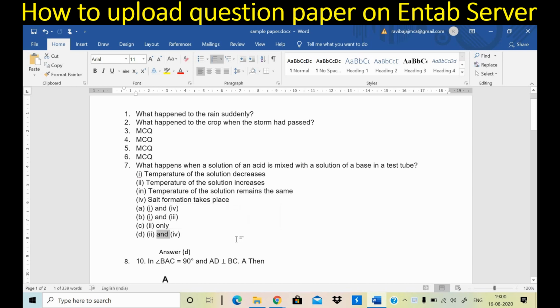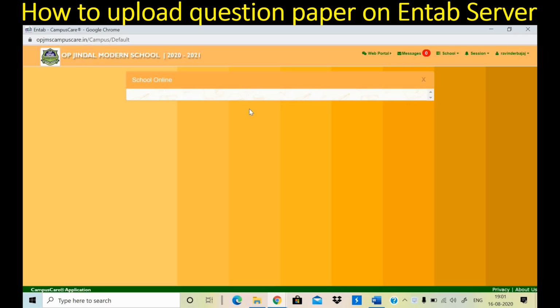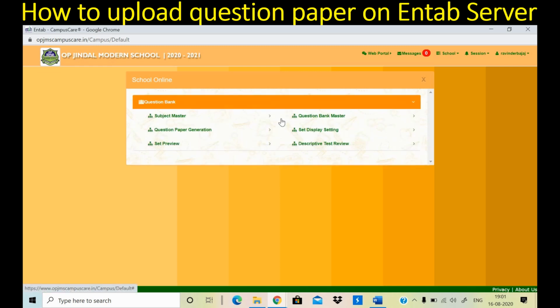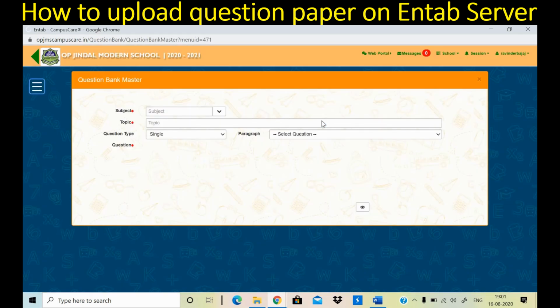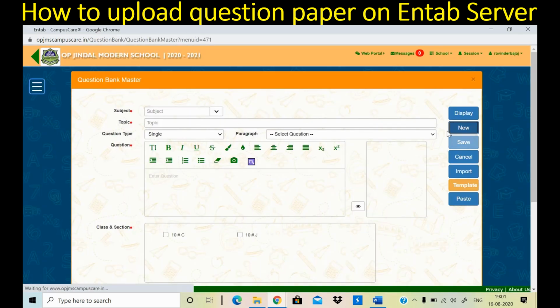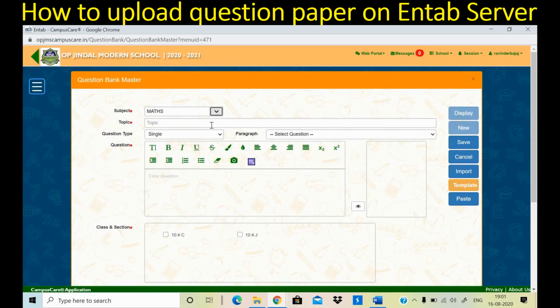So how to write this type of question, let me tell you. After login, you are here, School Online, question bank master. Press new. This new question, subject is mathematics, topic is again MCQ.